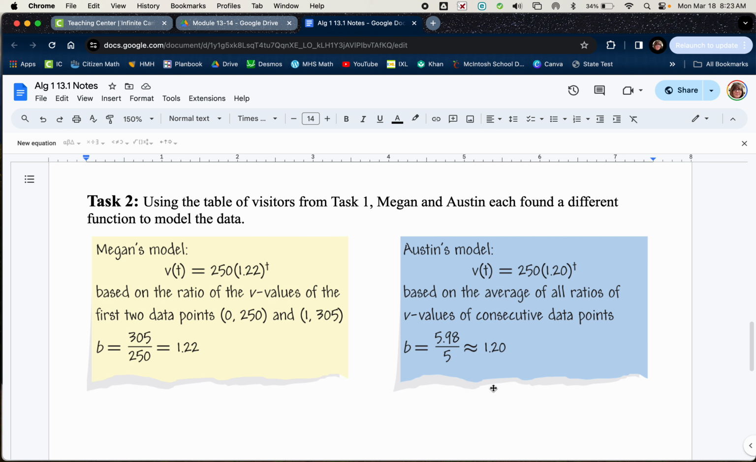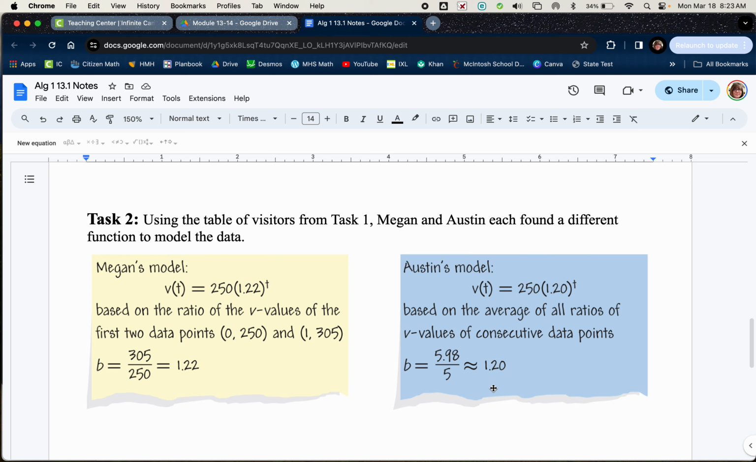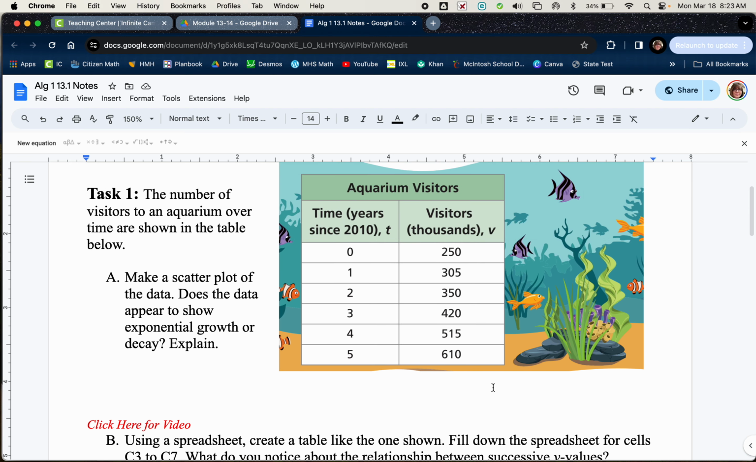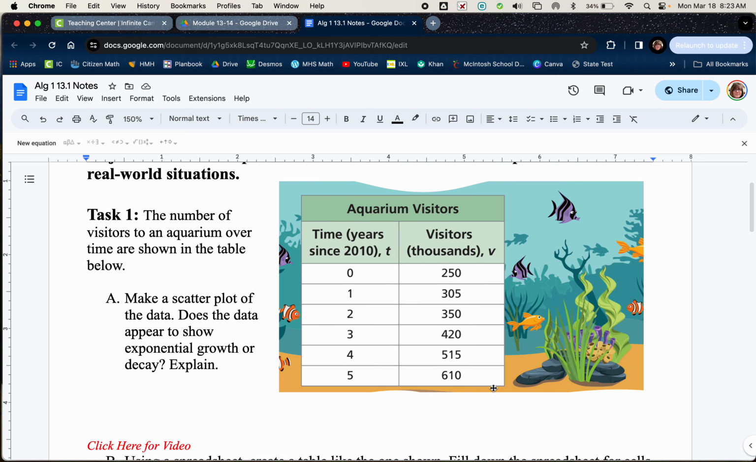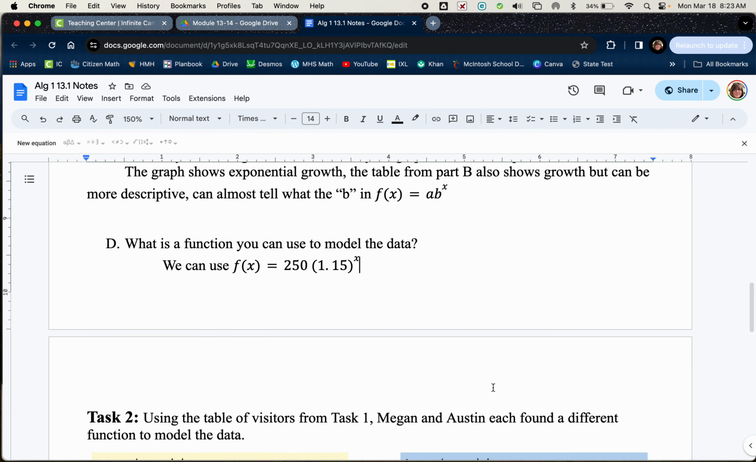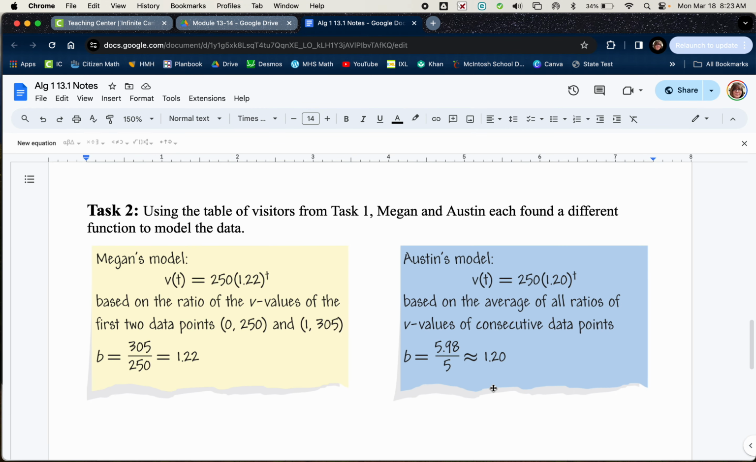All right, so now we're at 13.1, task 2. We're still discussing the aquarium problem, the aquarium and the number of visitors, but now here we have two different models. We have Megan, who based her model